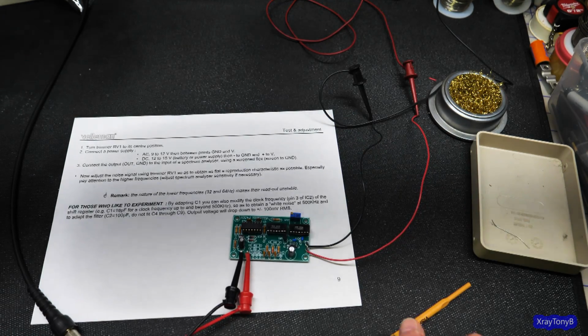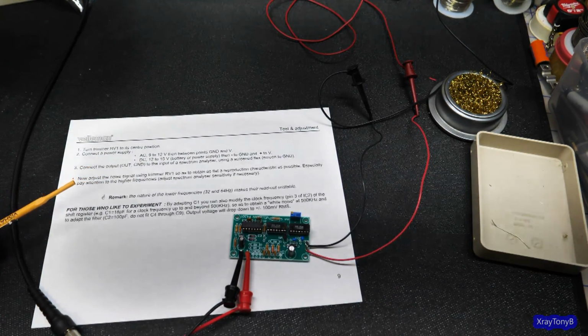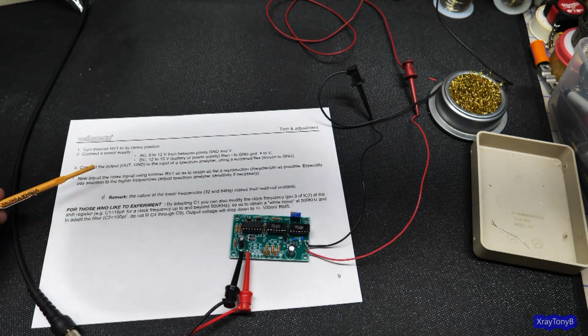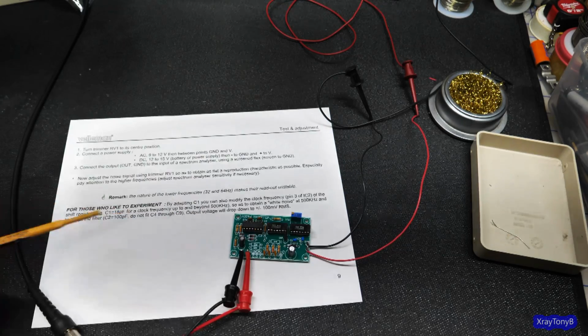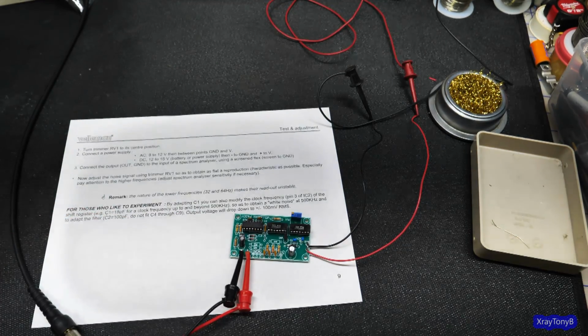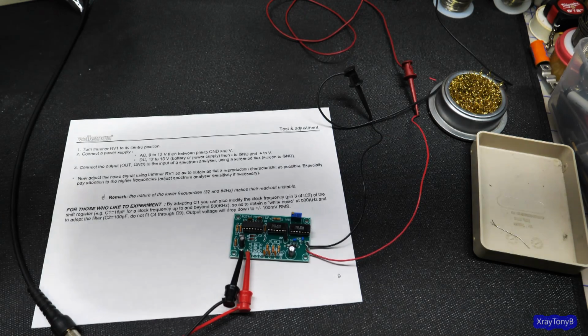Okay, that was rather easy to assemble. And the calibration is pretty easy. You just want to adjust RV1, which is this pot right here. And I put a 10 turn in here because a single turn is going to be a little bit too coarse, I think. I mean, sure, it could be done, but...